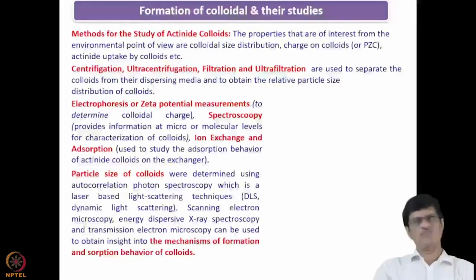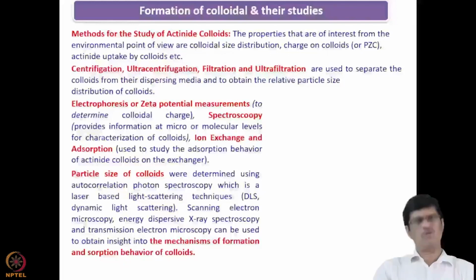By ultracentrifugation, filtration or ultrafiltration, the colloids can be separated from the dispersed media. Electrophoresis or zeta potential can be used to determine the colloidal charge, and adsorption studies can be done the normal way by adding a radiotracer into the solution phase